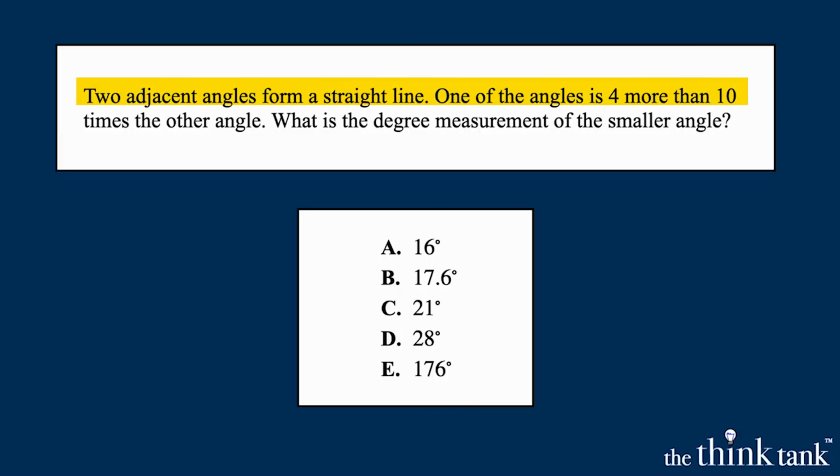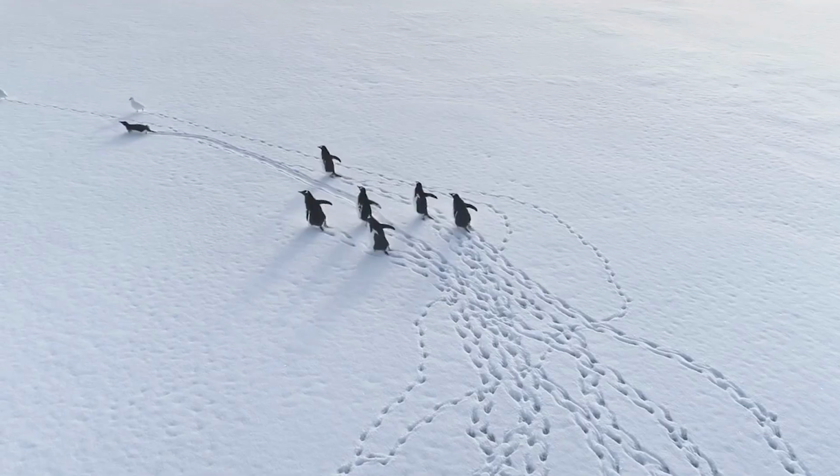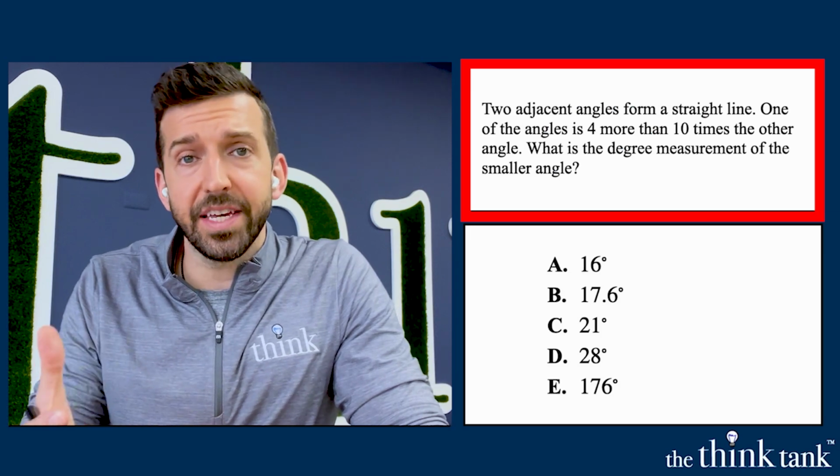Two adjacent angles form a straight line. One of the angles is 4 more than 10 times the other angle. What is the degree measurement of the smaller angle? Let's go. Now you'll notice this problem is curiously missing a diagram, and whenever you're missing a diagram, you really